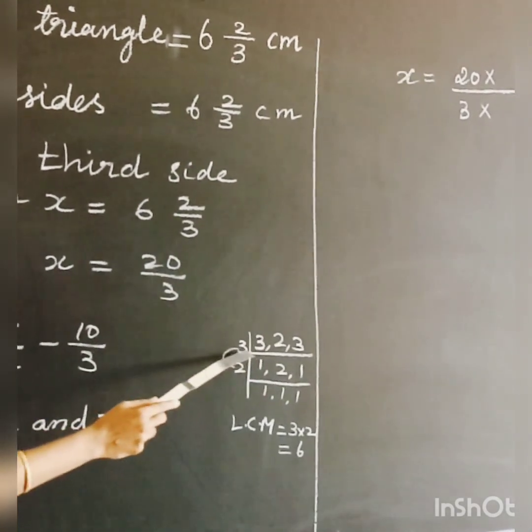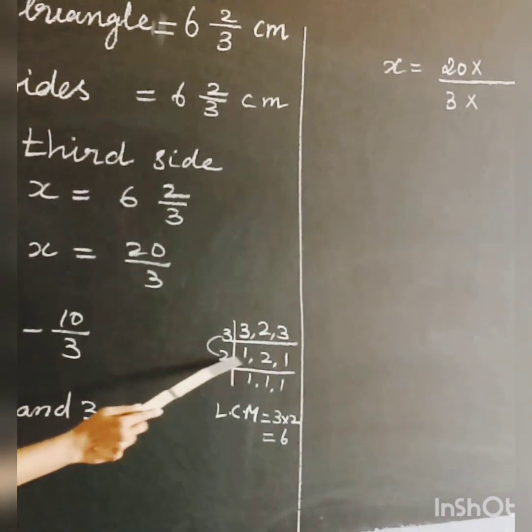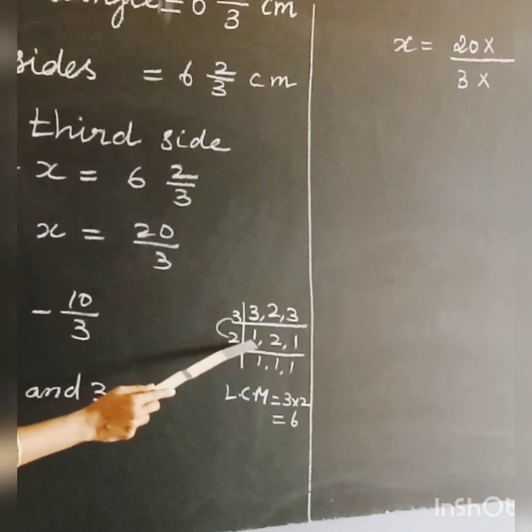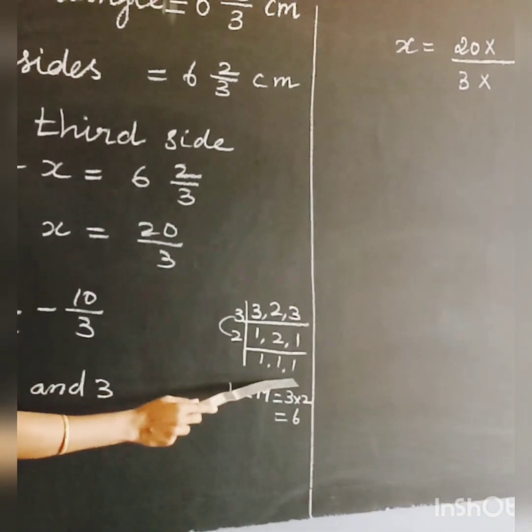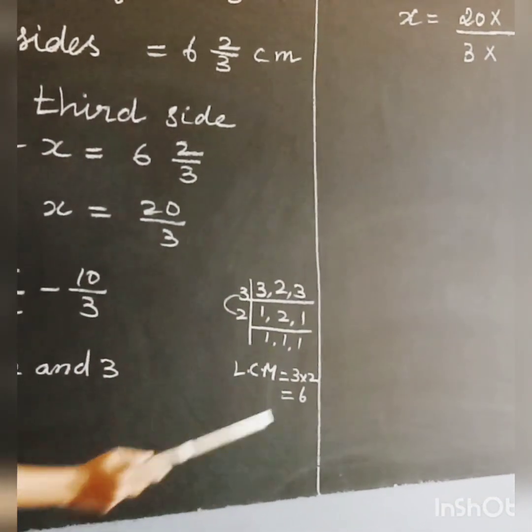And 3 divided by 3, you get the answer as 1. And then here only 2. So 2 divided by 2, you get the answer as 1. 1 itself doesn't come in the 2 table, so you have to write it down here. And then 3 2s are 6. That is your LCM answer.